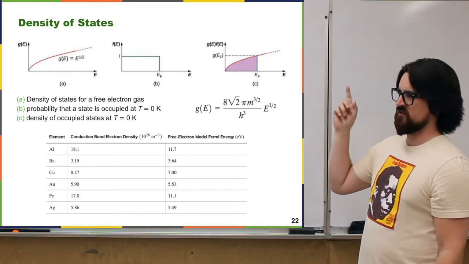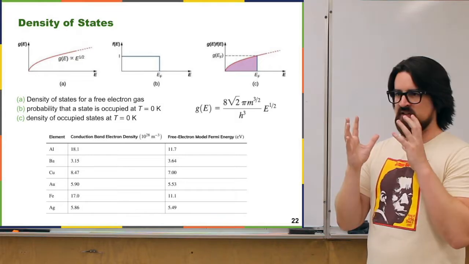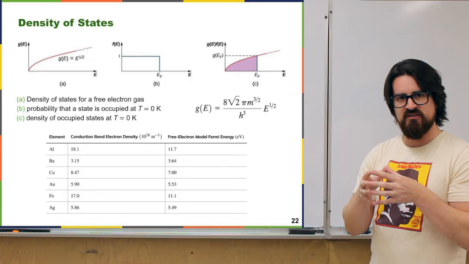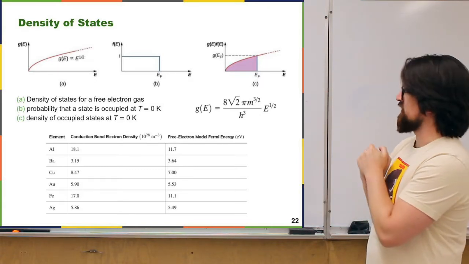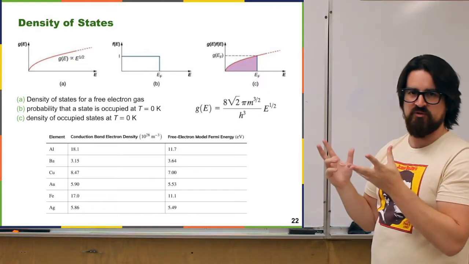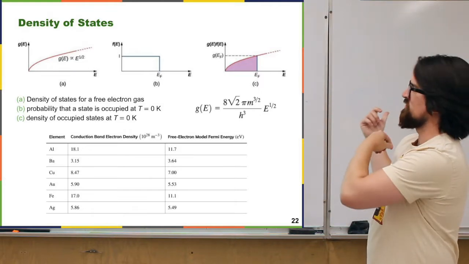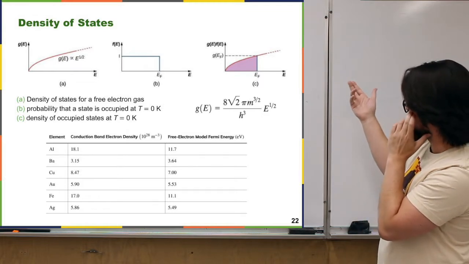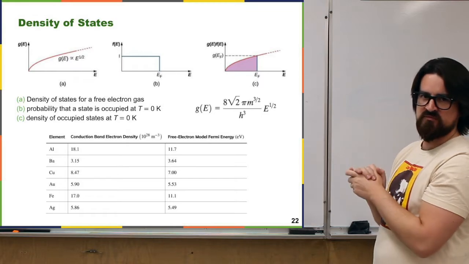If we do imagine that we have this free electron gas at 0 temperature, then as long as the energy of a state is less than the Fermi energy, it's going to be filled. That's all that the middle diagram is showing there. It's showing 100% for any energy less than the Fermi energy, the probability that that state would be filled. And then you combine both of those together to give you a picture of the filled states, and you get something like that, right? Where the states are being filled all the way up to the Fermi energy, and then there's no electrons above